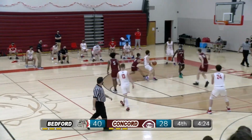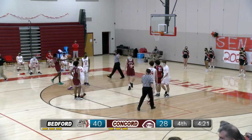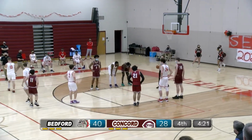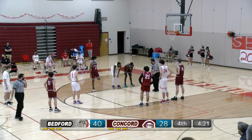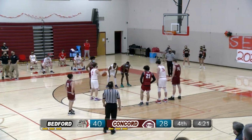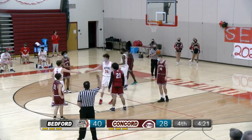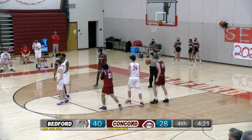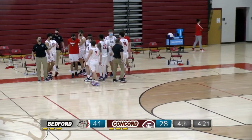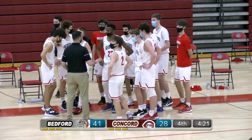Again, Kuliza facing full court pressure. Spins away from pressure, and he'll pick up a foul, a push on Burke. And that will be Burke's first, I believe. And it's a 1-and-1 situation, so Kuliza will go to the line for the first of a 1-and-1. 2 dribbles, ball's up, and he'll cash on the first one for his 3rd point. And timeout. Bedford takes a timeout. They want to talk it over. Chat about their defense, maybe reset their offense, and regroup here a little bit. As we have 4:22 left in the game, it's